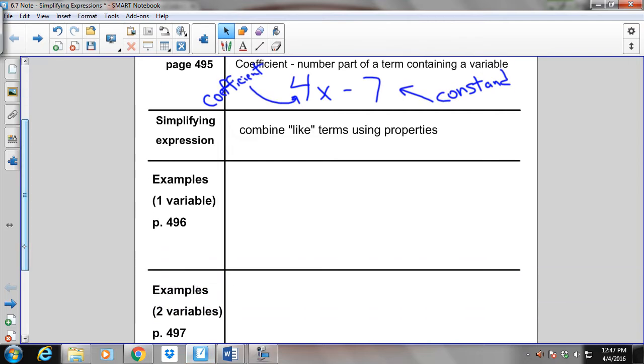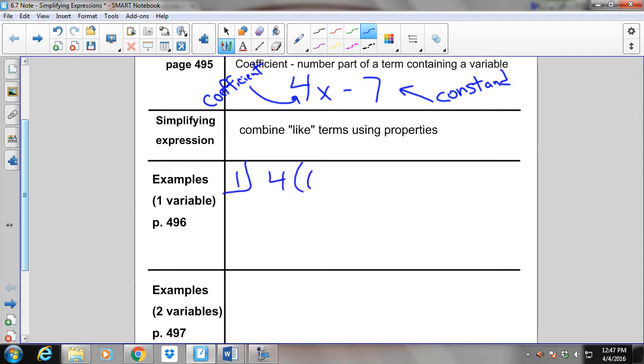Simplifying expressions. What you do when you simplify expressions is you combine like terms using those properties that we talked about last week. I gave you some superpowers, and now you're going to put those superpowers into use. So take a look at page 496. We're going to do some of the examples that they give there. Let's do example number 1. Simplify the expression